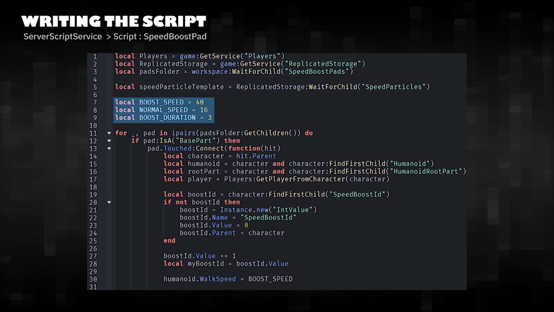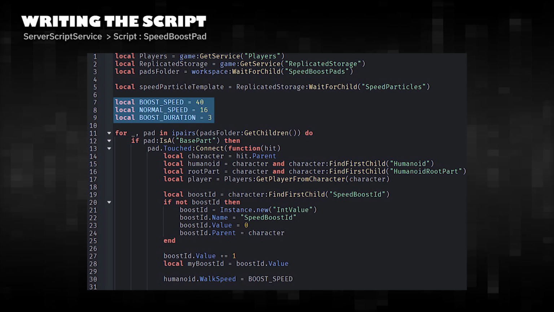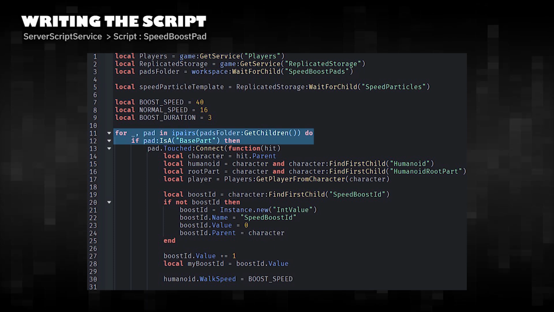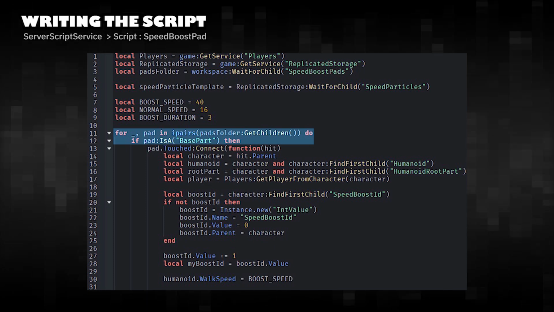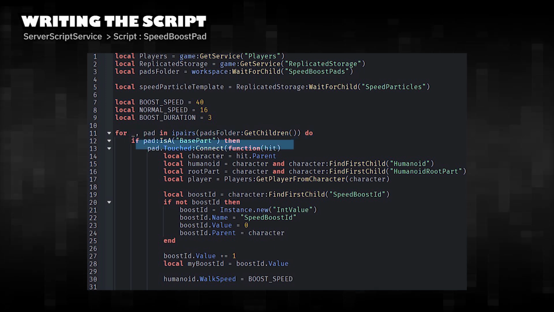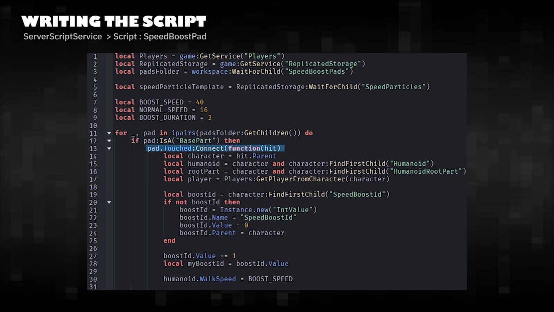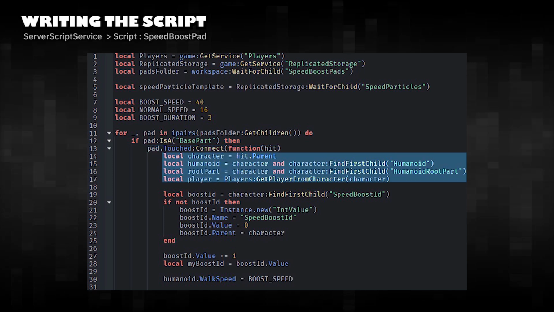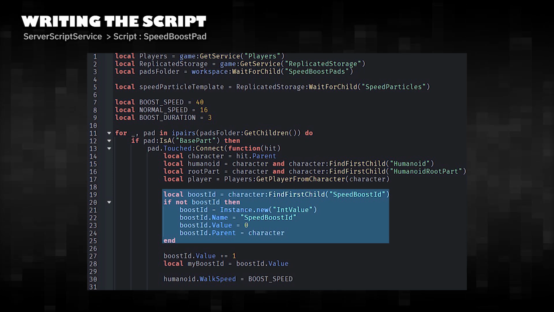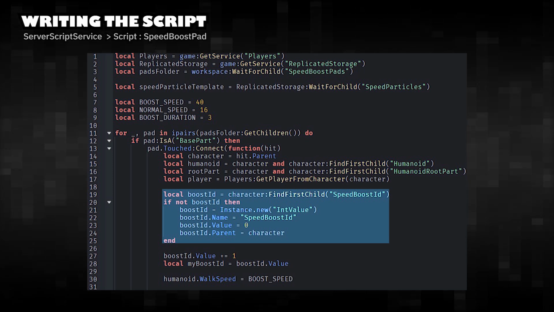Defines how fast the player becomes, stores the normal walking speed, sets how long the boost lasts, goes through every object inside the SpeedBoostPads folder, makes sure only physical parts can trigger the boost, runs this code when something touches the pad, getting player and character parts, creates a unique counter on the character, tracks the most recent speed boost,